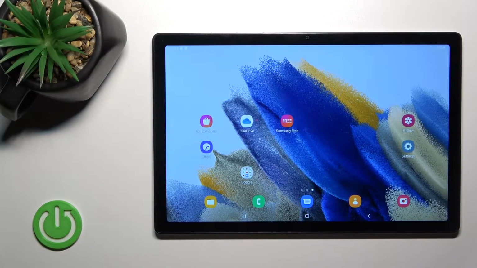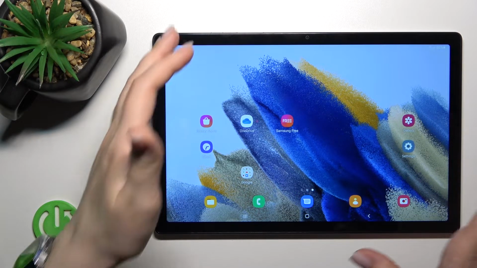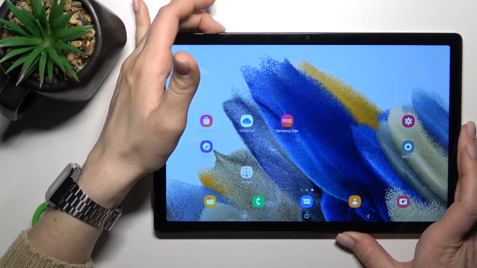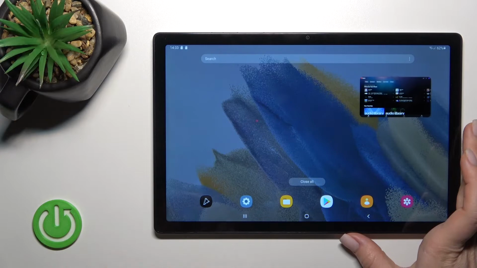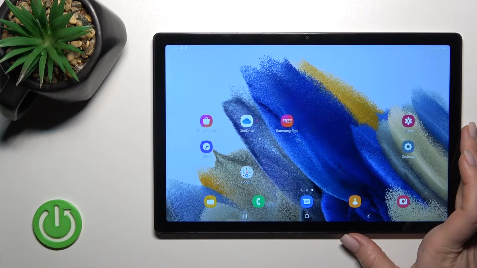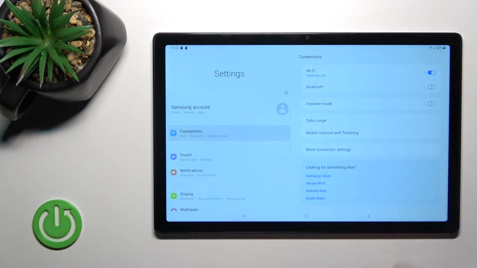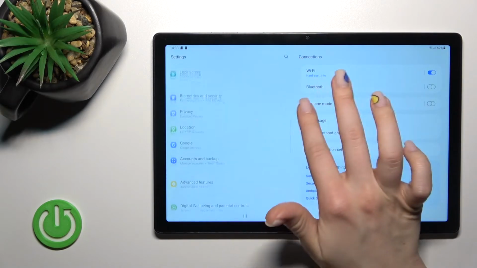Welcome to the Samsung Galaxy A10 2021 in front of me, and I'll show you how to disable quick launch on this device. So now, by a double tap on the power key, you can see that I just activated YouTube Music. And now, just to turn off this feature,